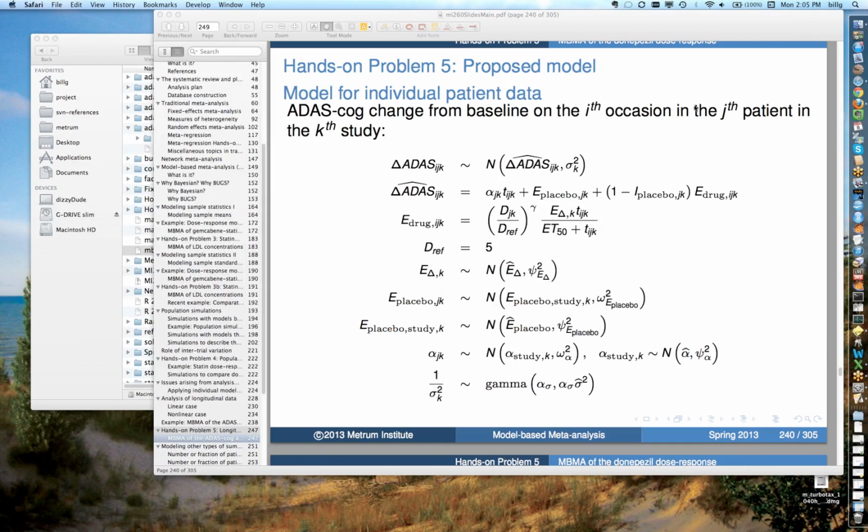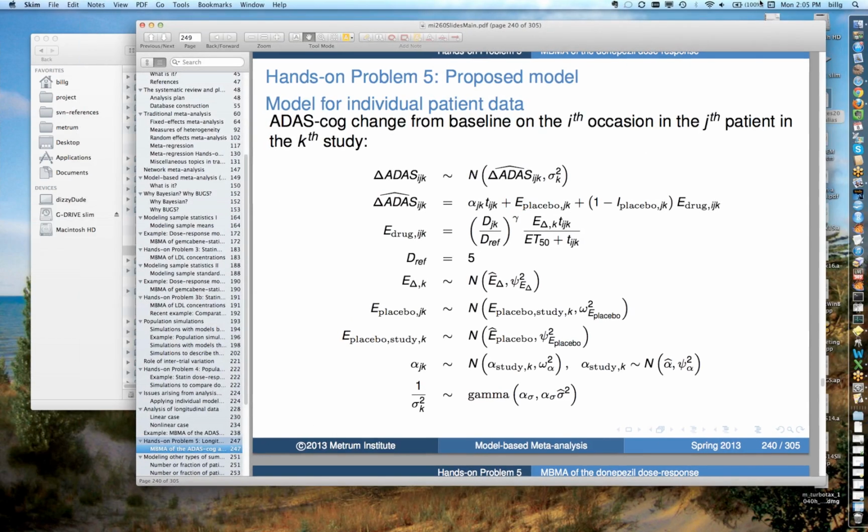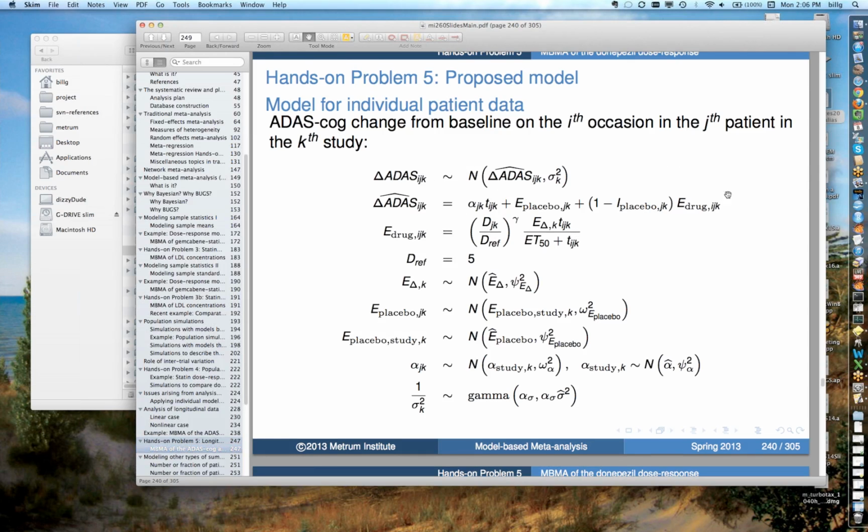So let's jump into what we're going to be doing today, doing some simulations based upon the model associated with our hands-on problem 5. Here I put up the slides that show the model structure. Recall we had a basic additive normally distributed residual variation term. Our basic model has a linear disease progression plus a placebo effect and a drug effect. The placebo effect in this case is just a constant,